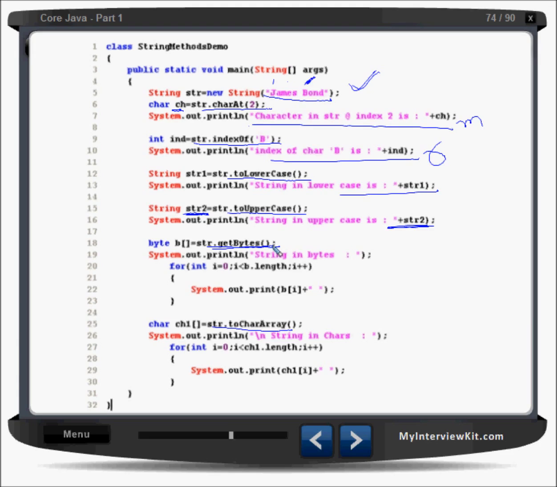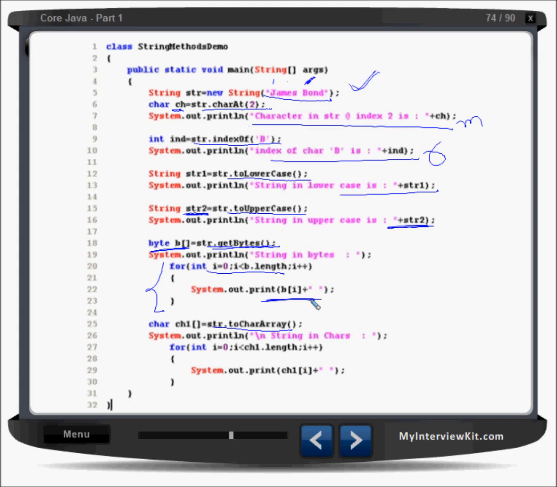So J has some byte, like A has 97. It will come into this array, and we can iterate through the loop, i equal to 0, i less than b.length, and print b[i]. I'll get the byte of each and every character of James Bond here.